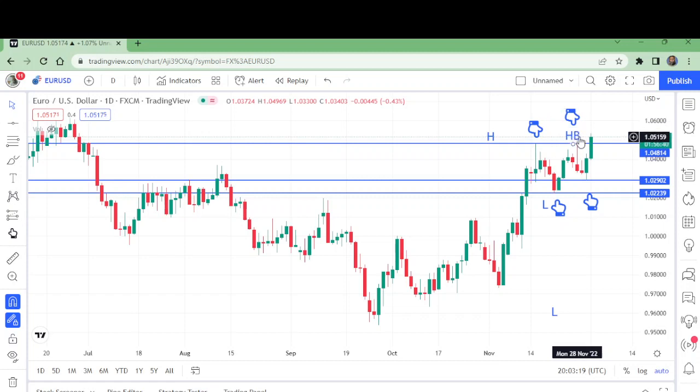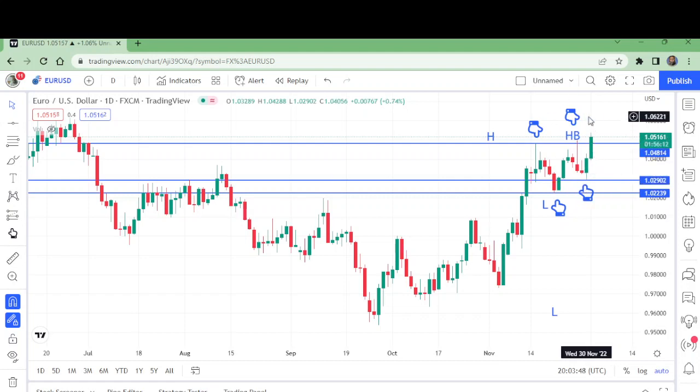And after breaking, the retest has also been completed. Here the retest was completed. This was the retest after breaking out. This was the high, this was low, and high was broken here, retest was done here, and now it is